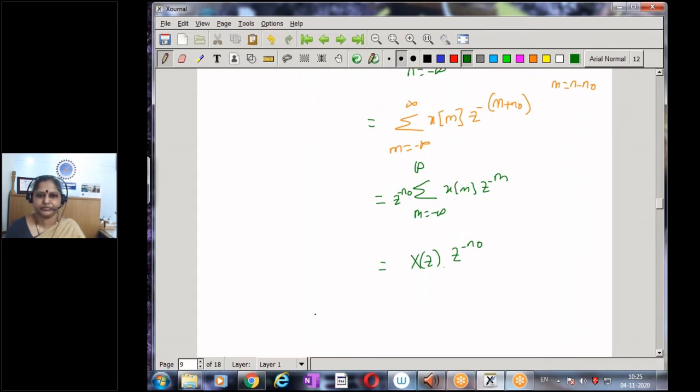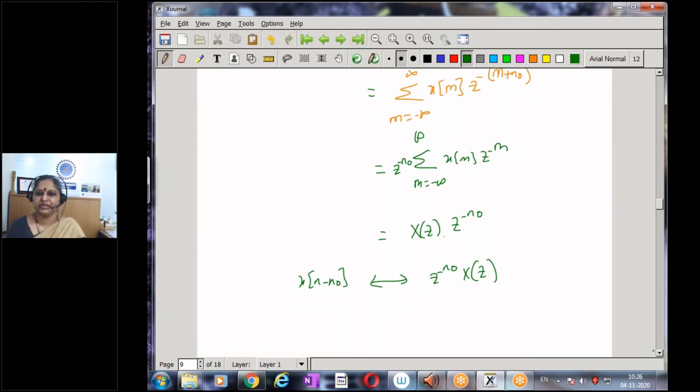Or if I have x of n minus n naught, the Z transform is given by z to the power of minus n naught into X of z. So the time shift property of the Z transform results in a multiplication by z power minus n naught, with the original Z transform remaining intact. So now using these two properties, that is the definition of the Z transform and the time shift property, we can arrive at the